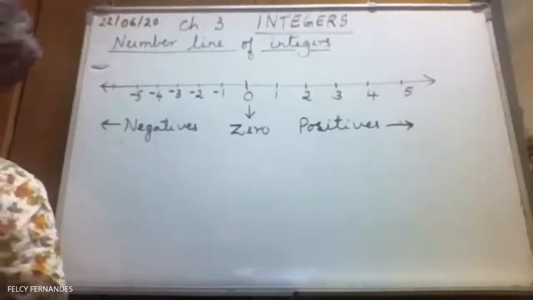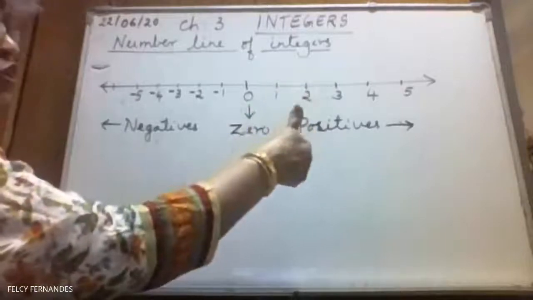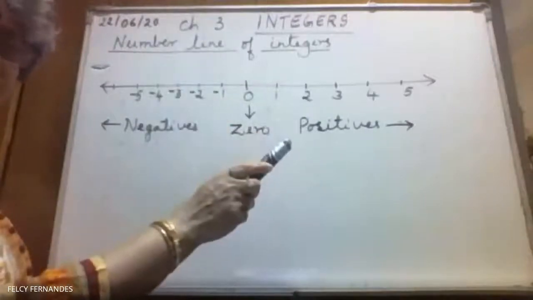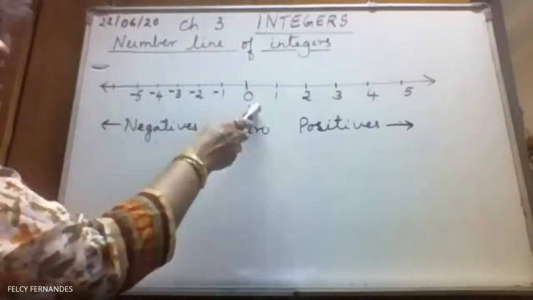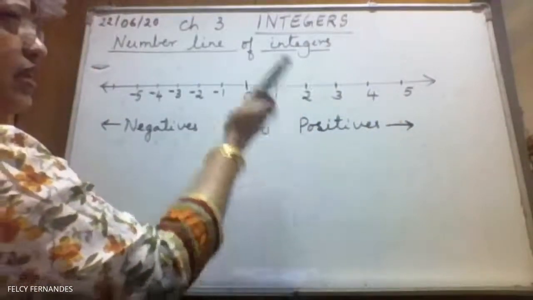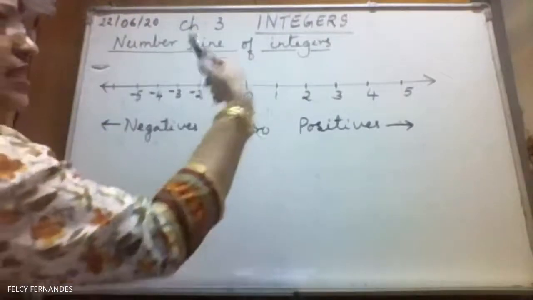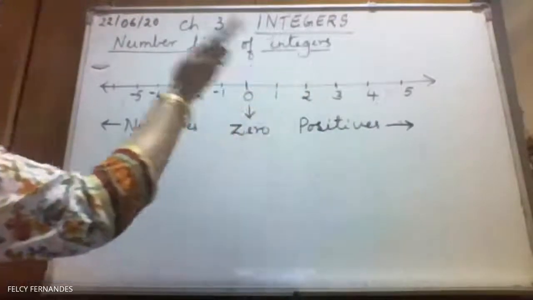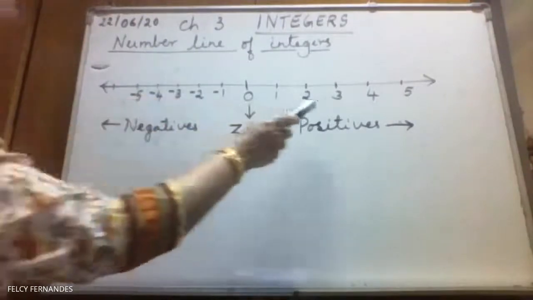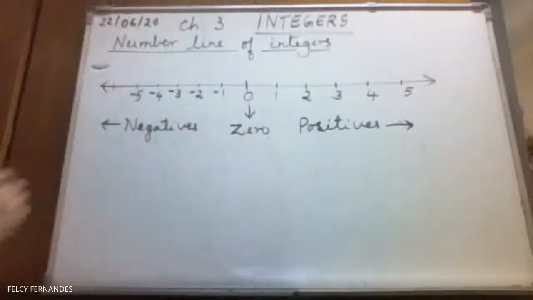Now we go to some notes. We learn about integers more. The first point you should know, 0 has no sign. It is neither positive nor negative. As you go on the right side of 0, it is always positive. When you go on the left side of 0, it is negative. So right side of 0 is positive, left side of 0 is negative. That means positives are greater than 0 and negatives are lesser than 0.